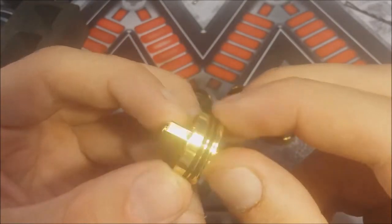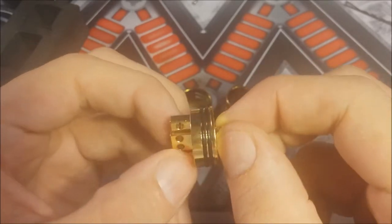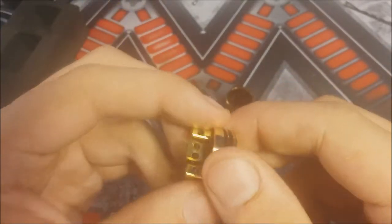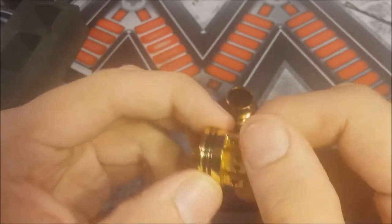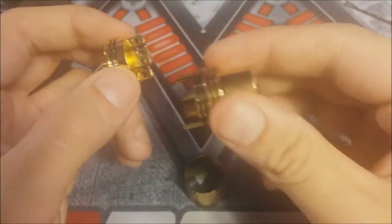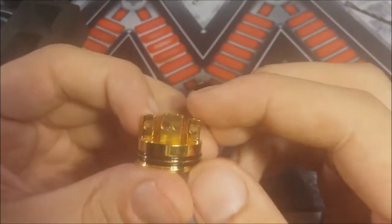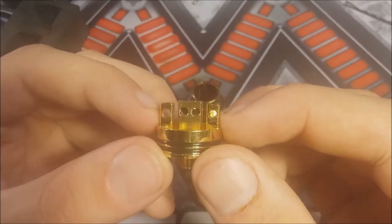Nice, 2 O-rings right here. I must say, these O-rings are monsters to get off. Trying to separate this piece, you are going to lube this puppy up and get her nice and juiced up and everything like that, because it was a pain in the ass to pull this part off and even detach this one. They are using some nice solid O-rings, and as you see, guys, you got some big post